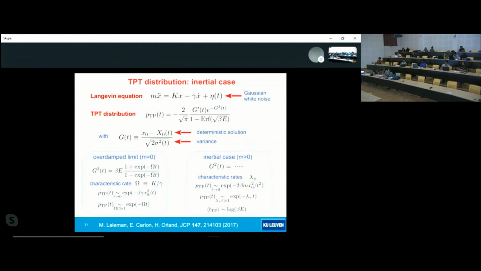So you see, what is the effect of inertia here? It's only at very short times that we see an effect. And in this limit of time t going to 0, instead of a 1 over t, there is, not surprisingly, a 1 over t squared. But at long time, you have the same statistics and so on. So actually we see that this effect of inertia is at a very, very short time, perhaps not very surprisingly, but we have derived the full exact distribution in this case, and perhaps in some situations this can be used.